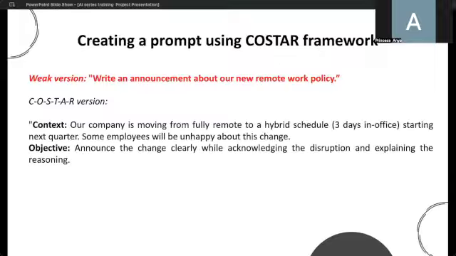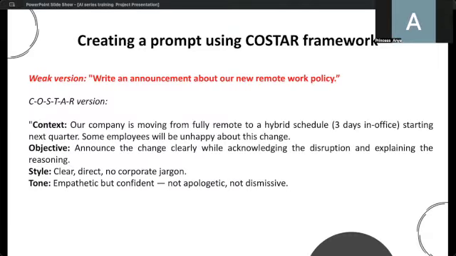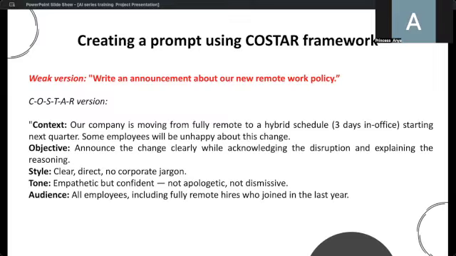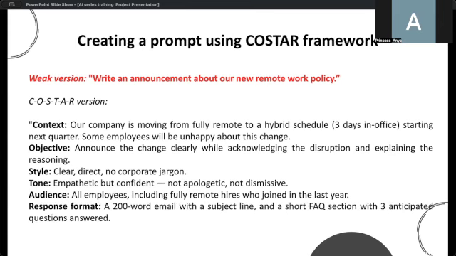The objective is to announce the change clearly while acknowledging the disruptions and explaining the reasoning. The style is clear, direct, no corporate jargon. And the tone is empathetic but confident, not apologetic, not dismissive. The audience is all employees, including fully remote hires who joined in the last year. The response format is a 200-word email with a subject line and a short FAQ section with three anticipated